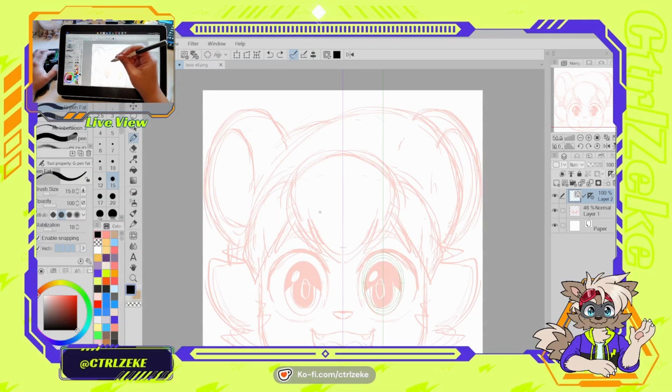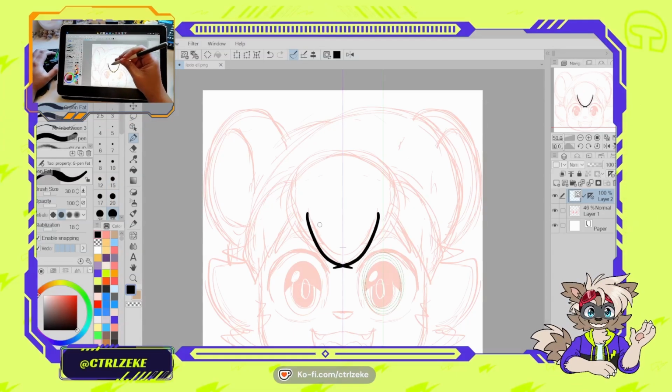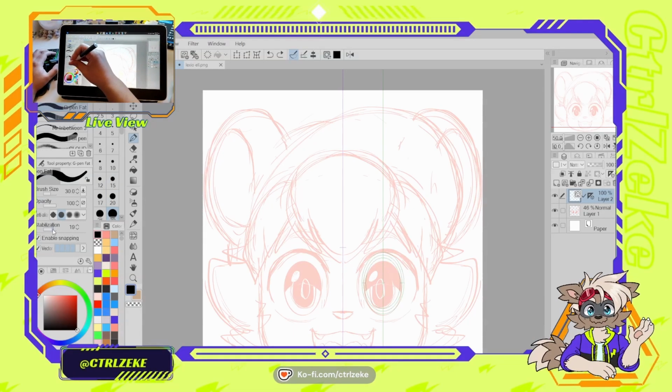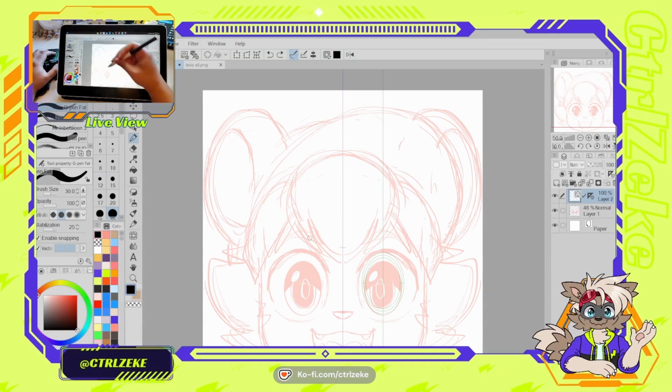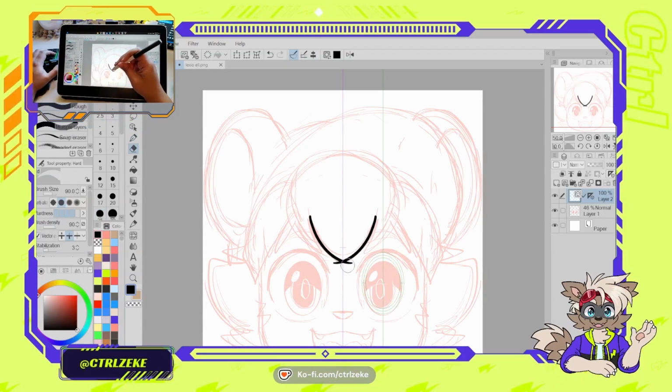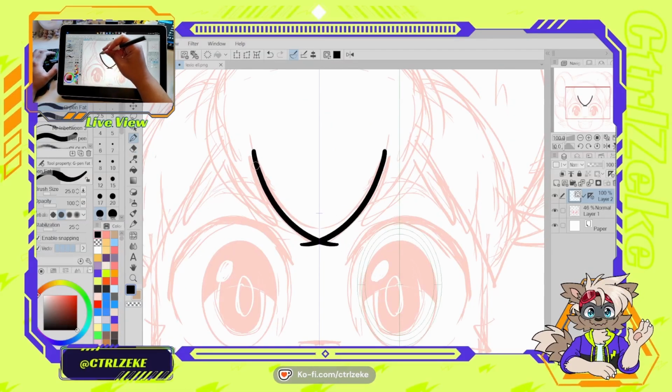So that's what I'm going to be using, and I'm going to show you guys why I really like using vector layers. I'm just trying to see a good brush stroke. Yeah, that looks good. So now that I've made these little intersections here, because I'm using a vector layer,